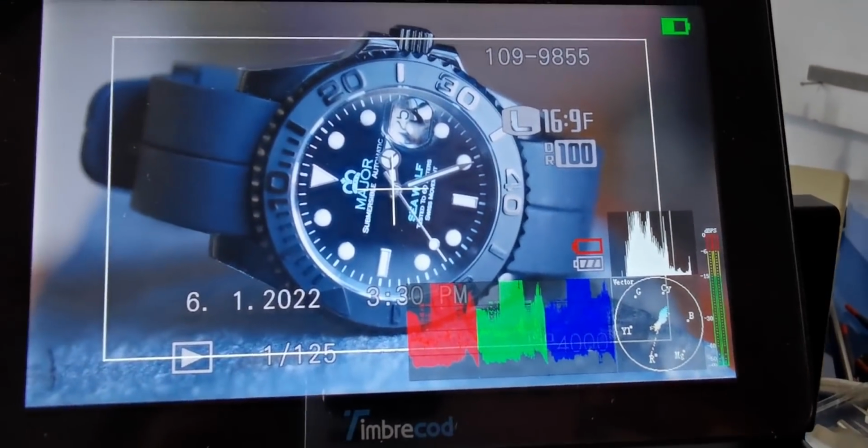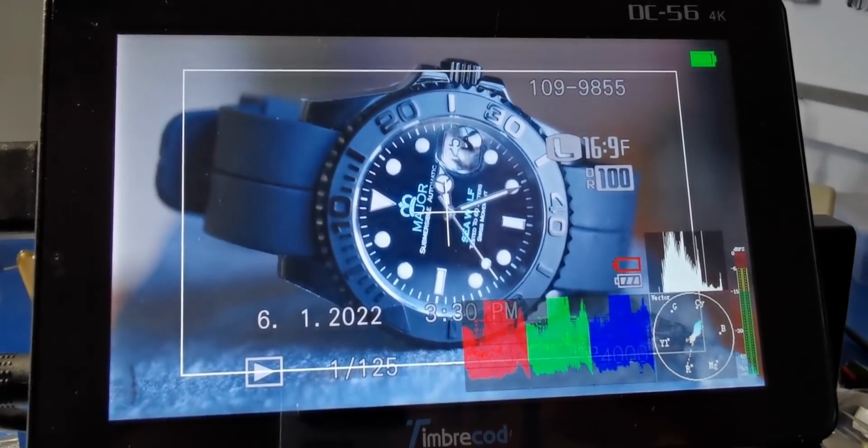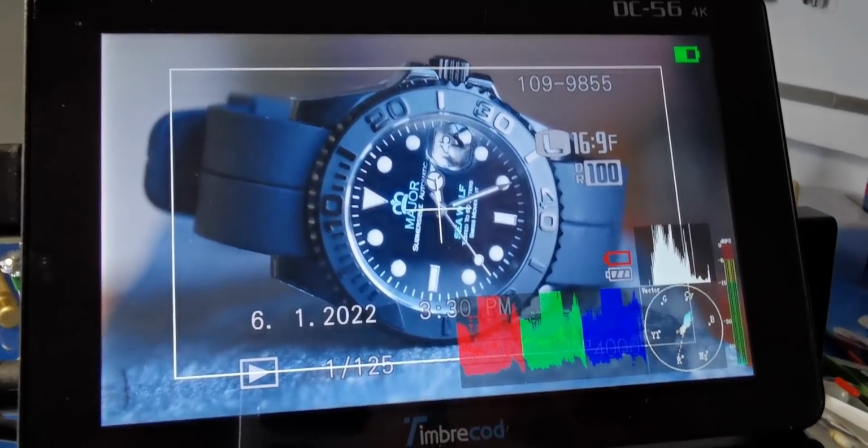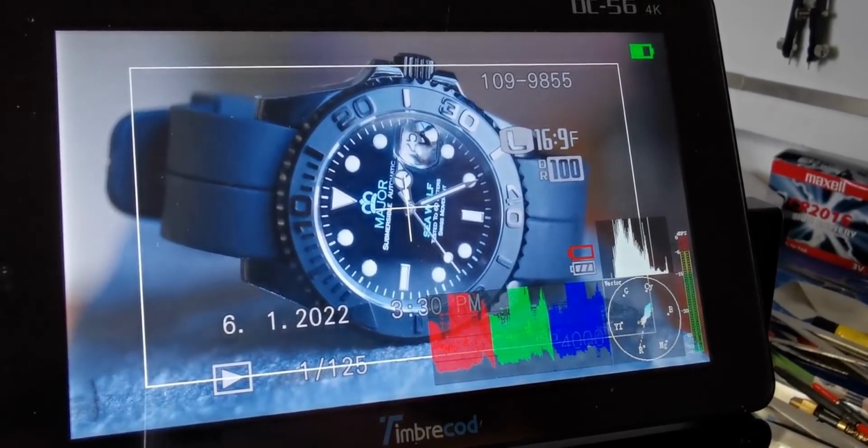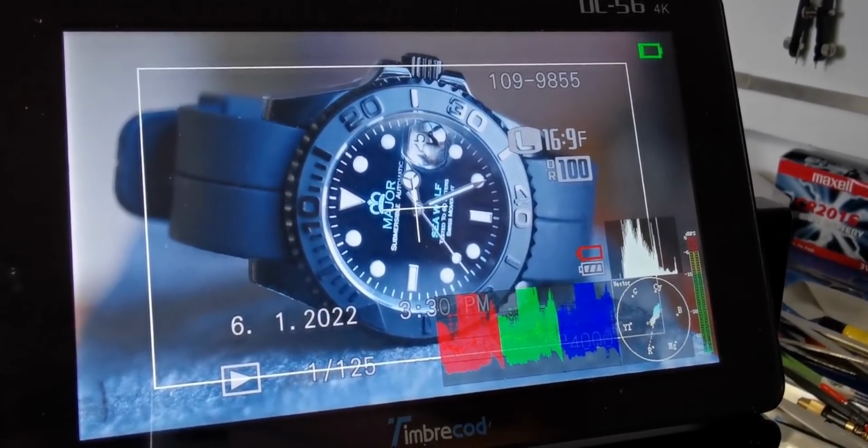But you'll notice that I've just got a picture on there. Actually, that watch is nice, isn't it? That's really nice. That's my watch, that under my own brand Major, which was my rank when I left the